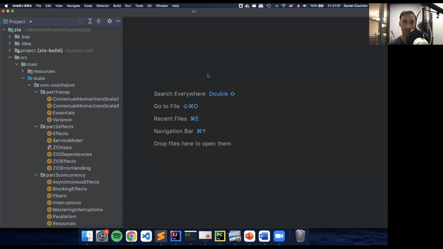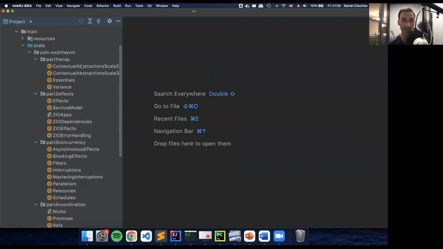All right, so this is my little IntelliJ project that I've actually shot on camera. This is one of the things that I do at all my courses at Rock the JVM. I record all code written live, so I make the same mistakes as my students. I mistype, I run into all sorts of trouble, but I try to build everything from scratch so that people understand and empathize with a learning experience, and it shows how I'm willing to go through the same learning process with them as well. So this is everything that I've shot on camera.